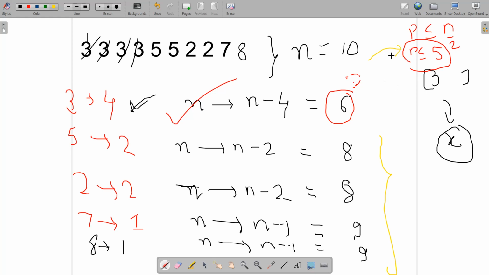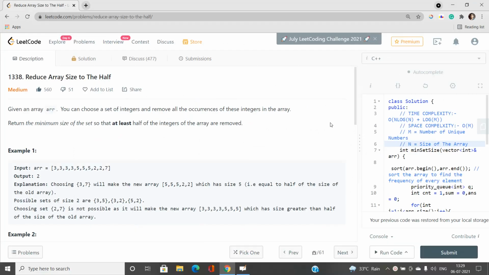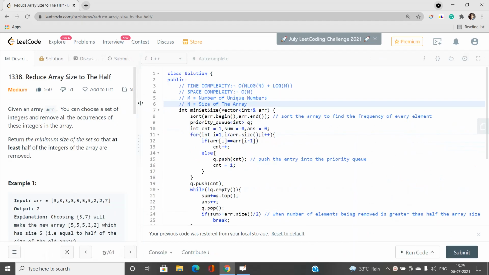Okay, now the thing is, we first need to ensure that whatever element I introduce in my set has maximum frequency. It means that we need to process the elements, that is, we need to introduce the element which has maximum frequency, right? Now all the conditions are going to be satisfied. Let's move on to the code to analyze how we are going to implement this entire scenario in the best possible way. So let's move further to the coding part. I've already submitted some code, right?